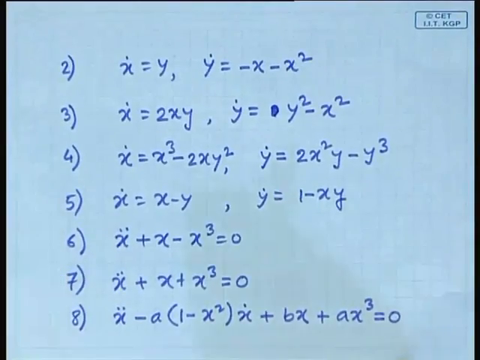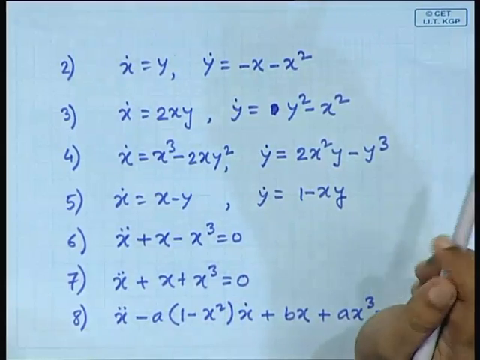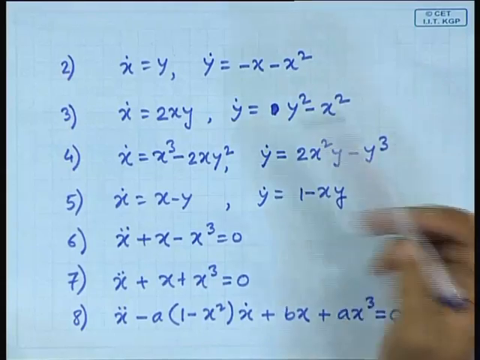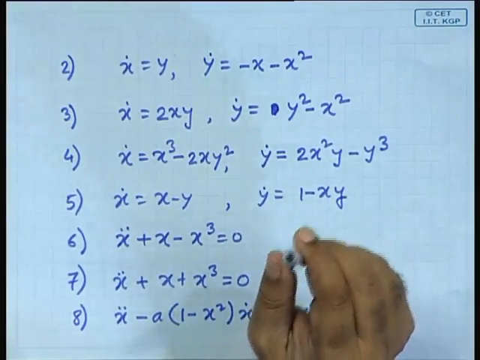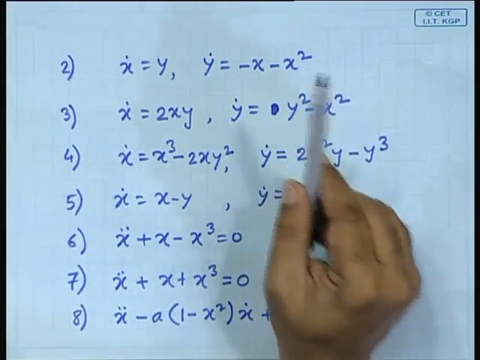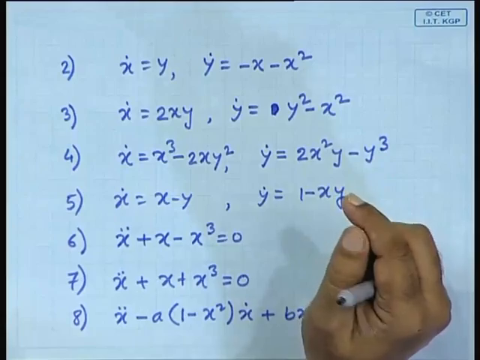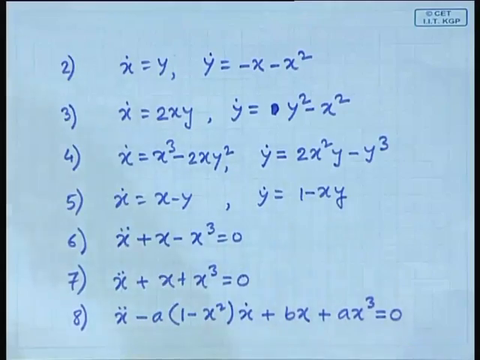Next is a large number of differential equations, nonlinear differential equations given, where you have to essentially do the same thing, that is to draw the vector field. Again, in all these problems, the essential method is that you will have to obtain the locations of the equilibrium points, then locally linearize around the equilibrium points, and then finally, on that basis you will have to draw the vector fields around the equilibrium points and then extrapolate it to logically obtain the vector field elsewhere.